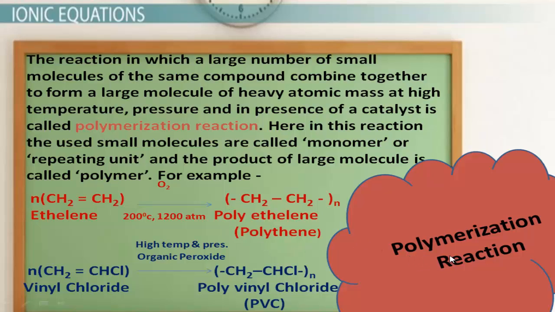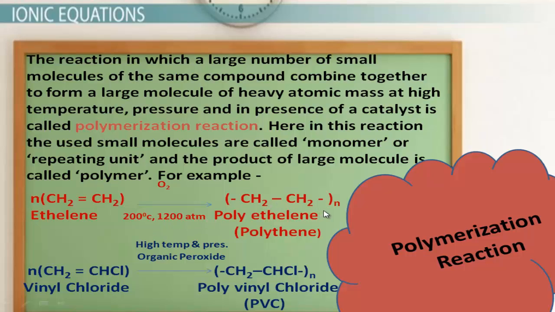Also you will know details about this polymerization reaction in the next chapters, but here you just have to understand the definition and example. Follow here, I have said a large number of small molecules. This is a small molecule, ethylene, but an innumerable number of ethylene molecules combine together. For this the number is not fixed, so small n is used. So innumerable ethylene molecules combine together in the presence of a specific catalyst and high temperature and pressure, and